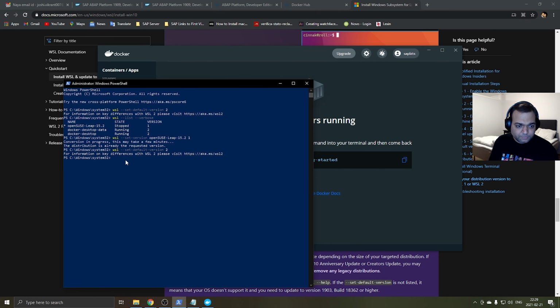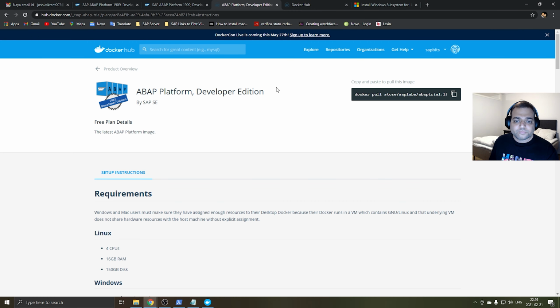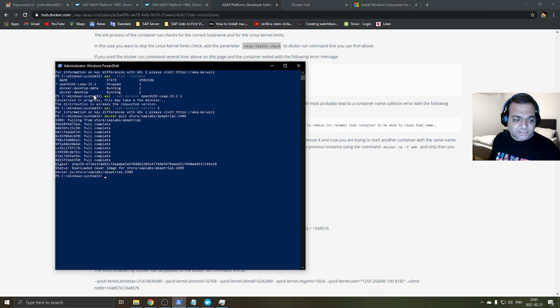So we have to go to PowerShell and go to the link, copy this. Now it is downloading the file. So let's wait for it to complete. As you can see now, the extraction is complete, and now we can proceed further. Before we proceed further and we start the Docker container, we have to make sure that we rename the host name. So that is nothing but our PC name. So for that, we will need a small system restart. So I will show you how to do it.